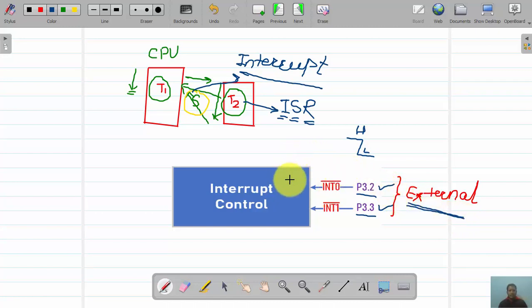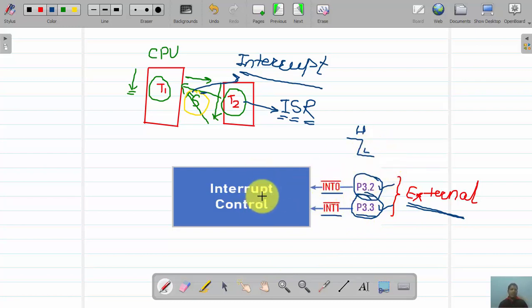As it is generated from the external environment, these are called external hardware interrupt 0 and external hardware interrupt 1. So P3.2 and P3.3 are exclusively used to support this interrupt service activity.